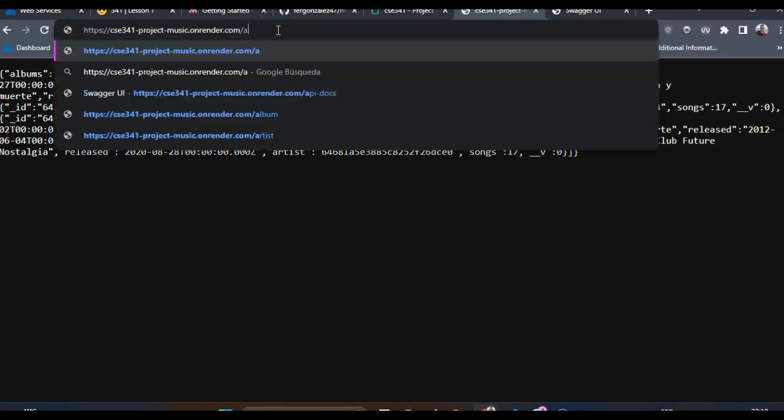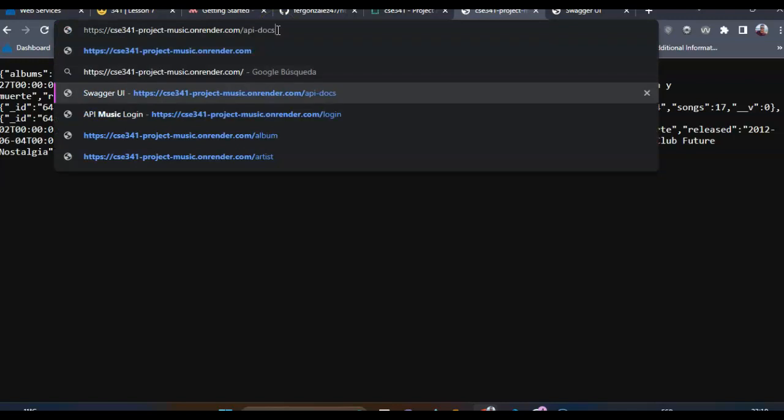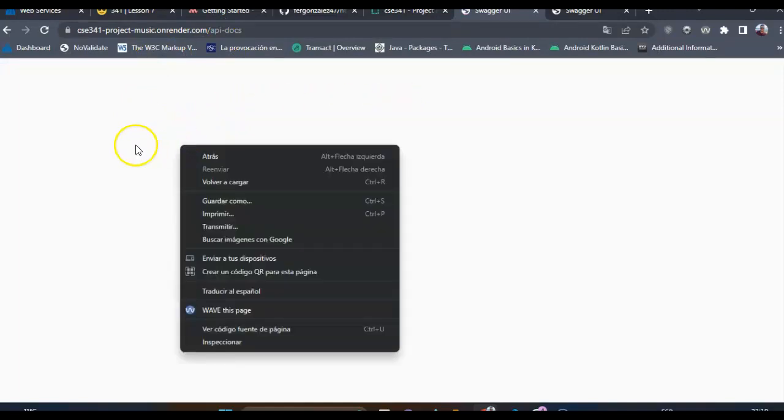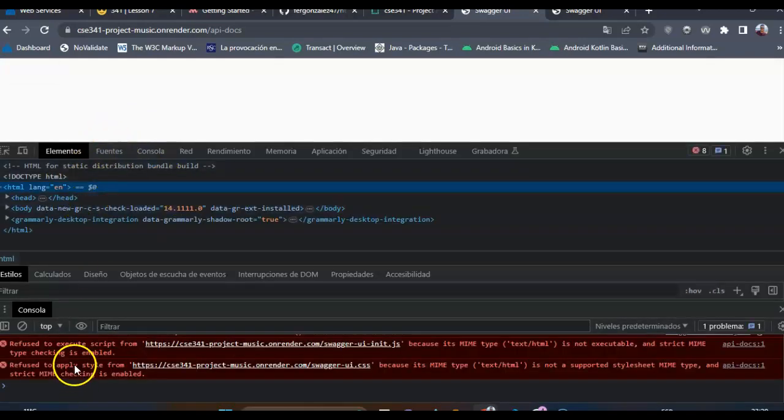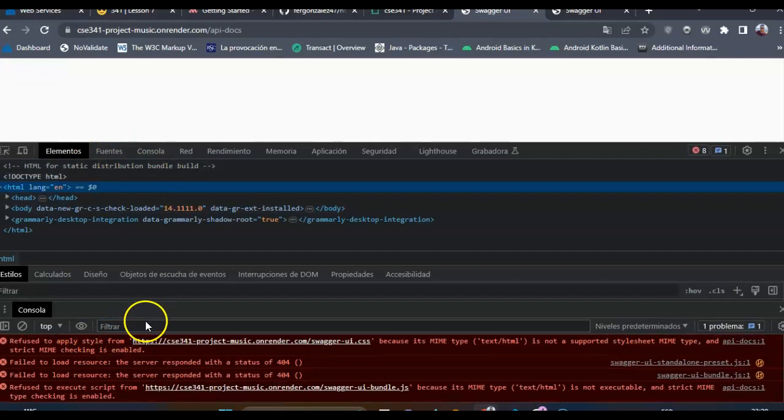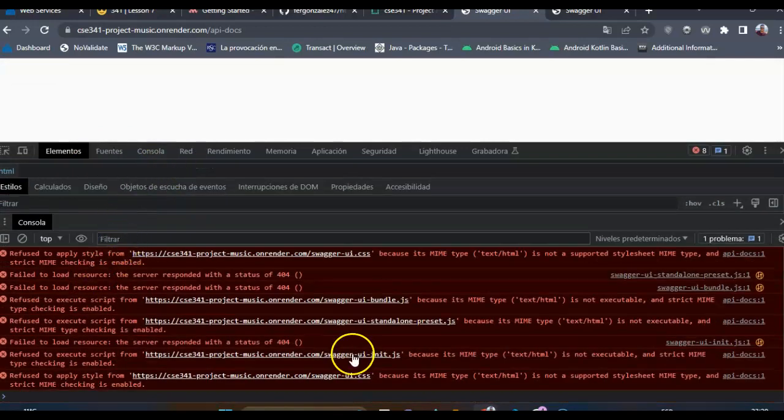But now I'm experiencing this new error or problem. I don't know why my Swagger is not working, and I have spent almost all day trying to find out why, but I can't find the reason. This is what is showing me in the console, and I don't know if that is related to the new implementations that I was making in my project. But you can see: failed to load resource. The server responded with a status of 44,